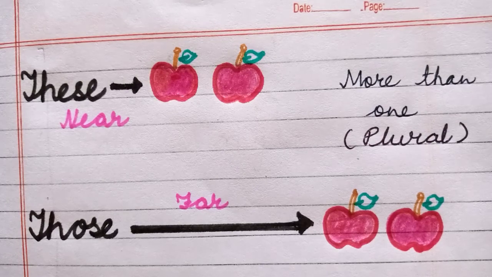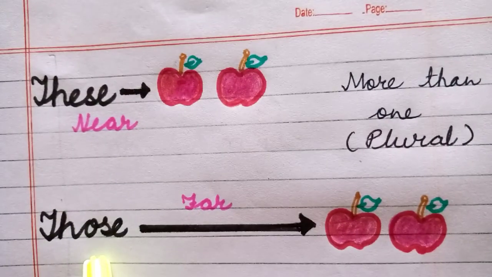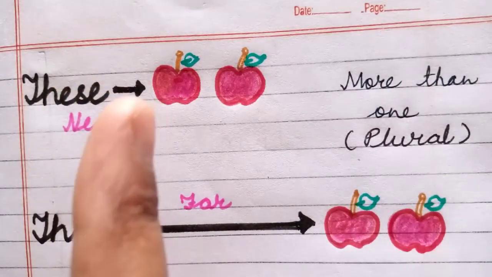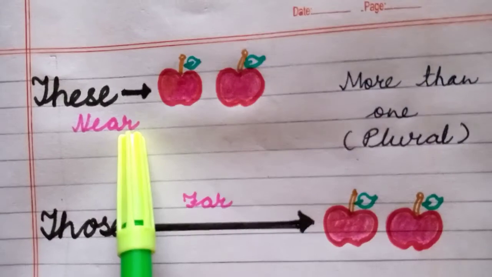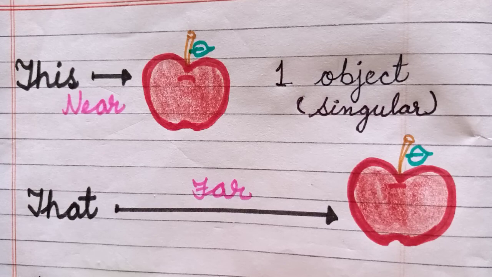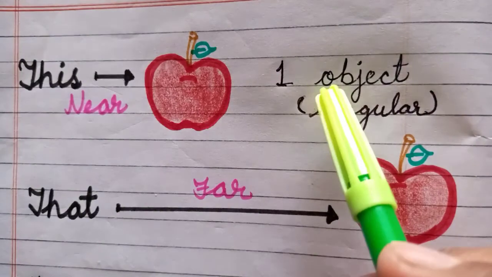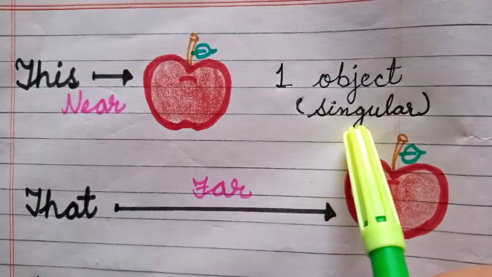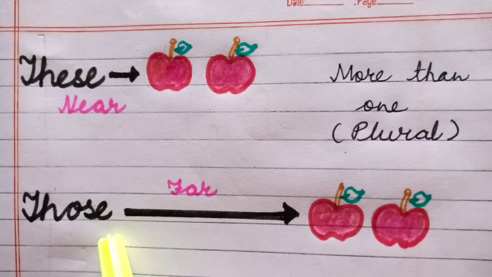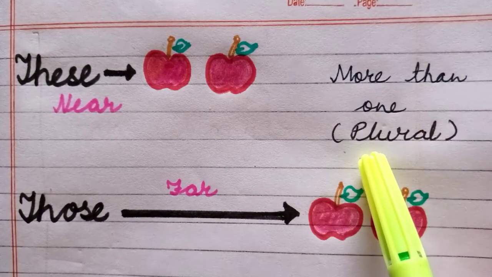So like I promised, I'm back with the concept of these and those. These and those are used when we talk about more than one noun or object that are close to us or far away. Okay children? Now let us quickly revise this and that. This and that we use when we talk about one object. Singular. Okay? Whereas these and those are used when we talk about more than one noun or plural.